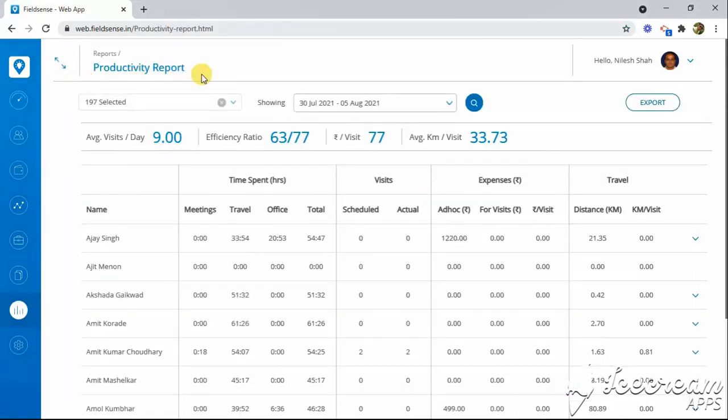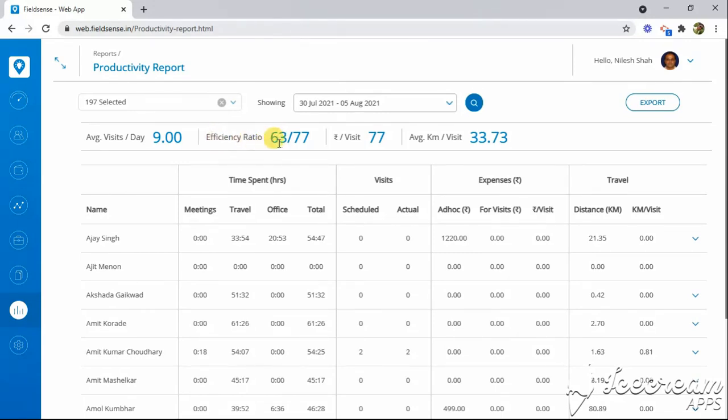Under the productivity report, on top you will have some statistics like what is the average visits per day that your user is performing, and what is the efficiency ratio. Efficiency ratio depends upon the visits. So the total visits that your user has scheduled or you have assigned them, this part will show you that 77 in this case was the scheduled visits, and out of 77, 63 was actually done.